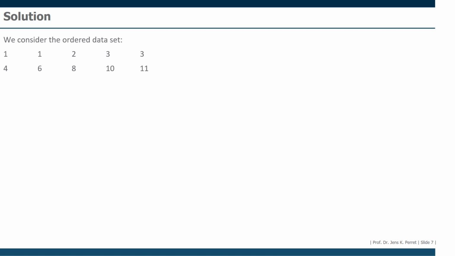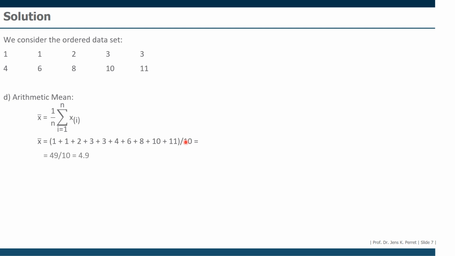With the arithmetic mean, I have three different alternatives. For the first one, I'm still going to use the ordered data set. That's why I copied this here. And it's relatively easy using this formula, which simply means add up all the different values. That's like this part here. And once you have added this up, divide it by the number of observations. That's the 1 divided by n. In practice it looks like this, adding up all the values and dividing this by the number of observations,